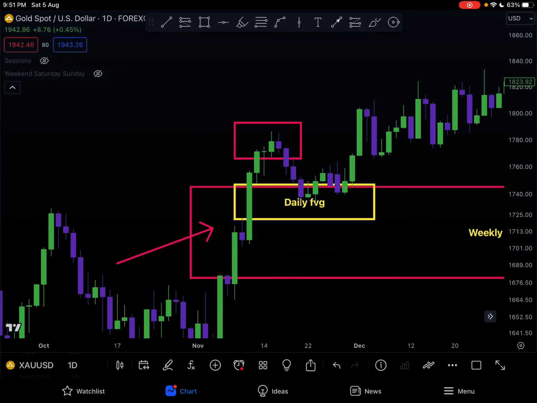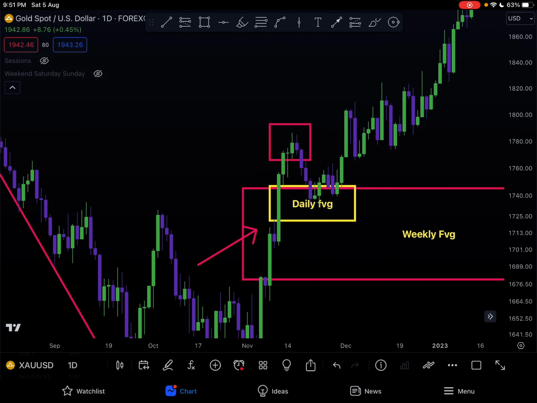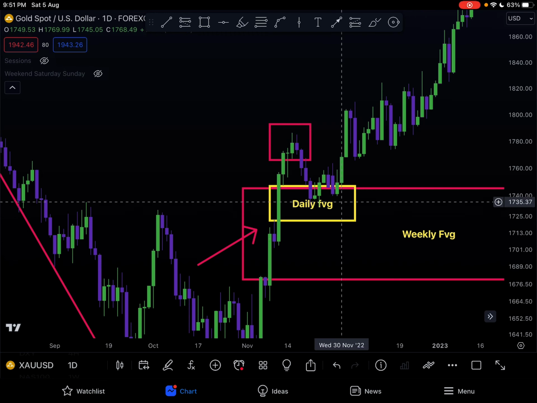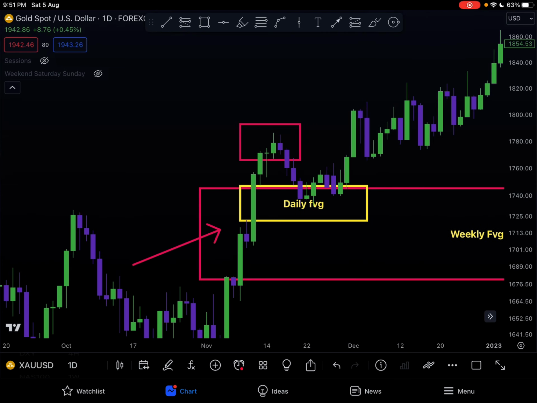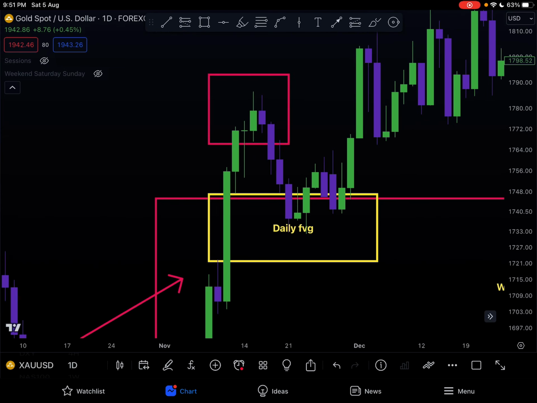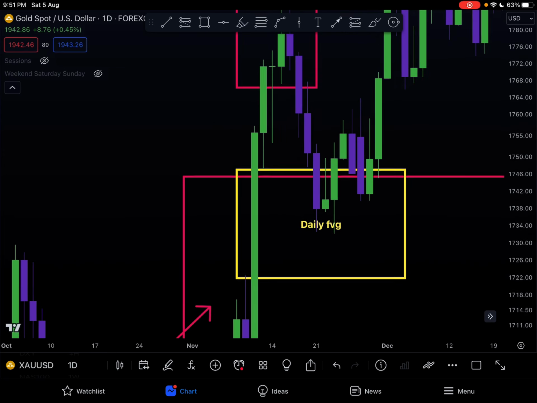Because again, you can go in Tarzan style, just wild boy, and not really care. Okay, as soon as we get in this weekly fair value gap, I'm going to run it. I'm not saying that's illogical. I'm just saying there's a method to the madness. You can slow it down, go into your time frame and see what's going on, right?